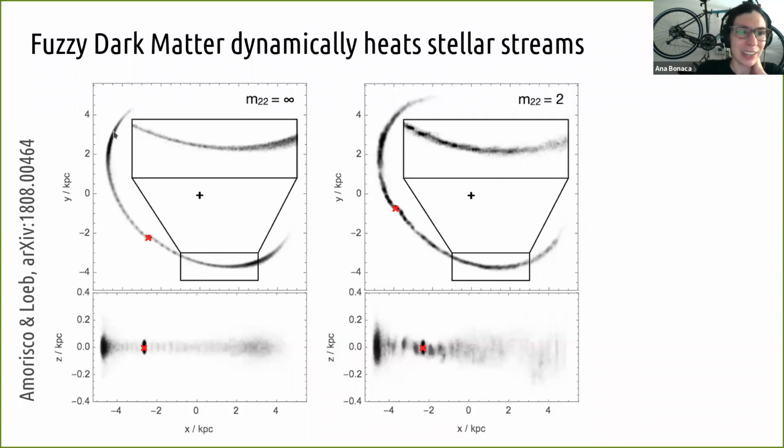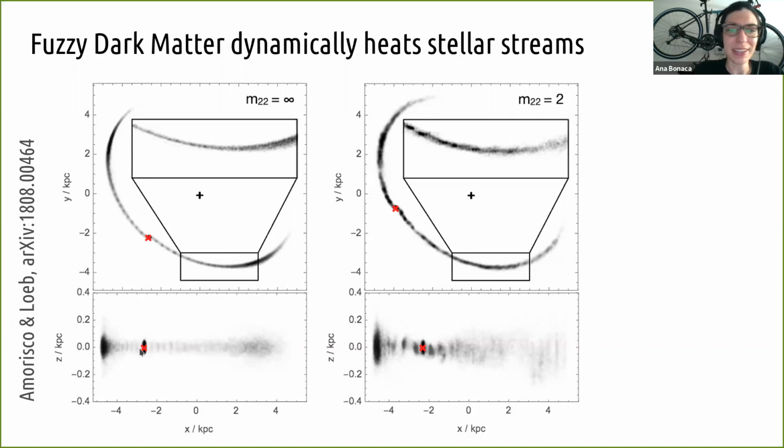The top panel is showing the top-down view of the stellar stream, and those epicyclic overdensities I mentioned before are the clumps you can see here. On the bottom is the profile, or in-plane view, of the stellar stream, and you can see that it's fairly thin, and that striping again is those